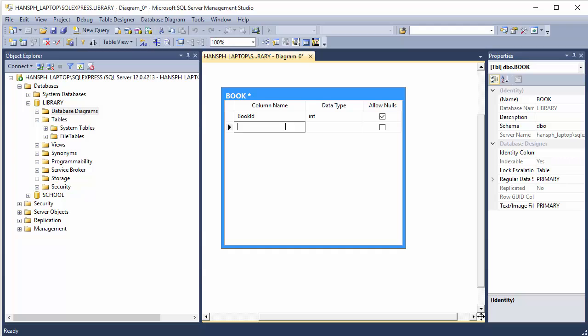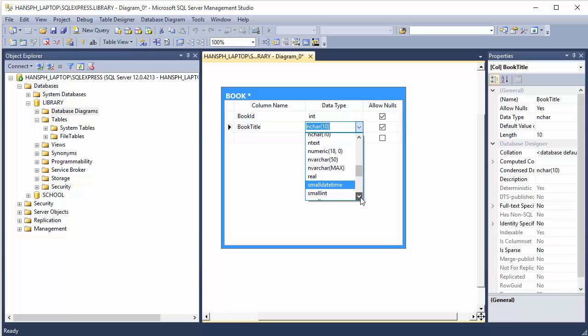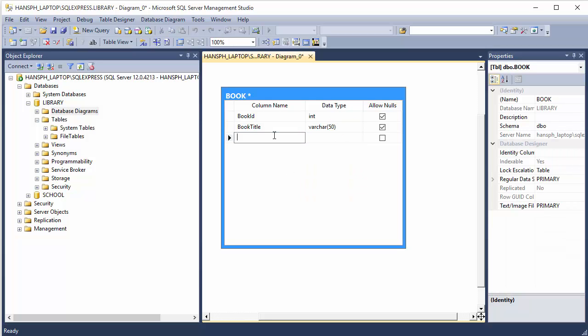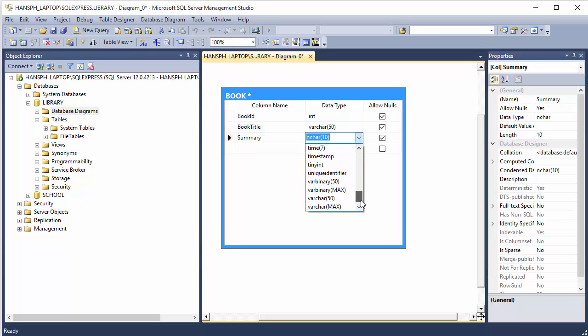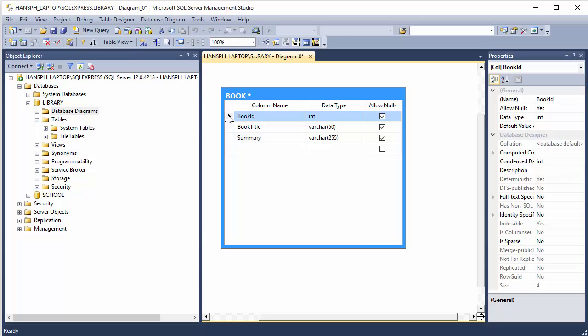like this. We have the book title, it should be a varchar, so you just use varchar 50, and then we have the summary, which could be varchar, and you could use varchar 255 like this, and then we could select the book ID to be the primary key, so it's set primary key like this,